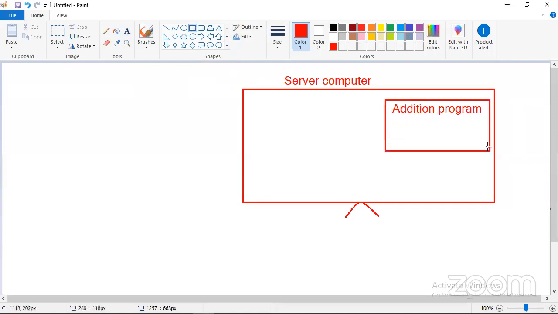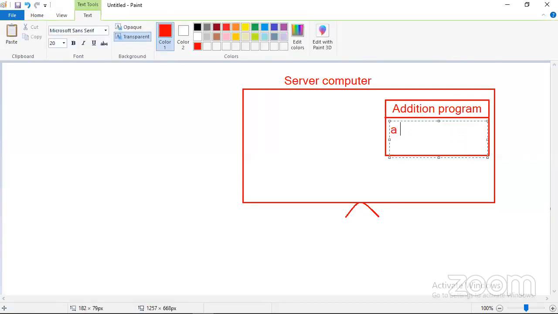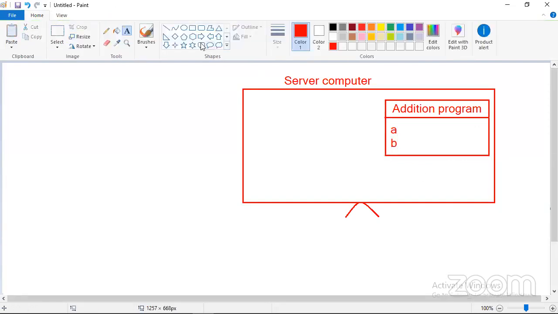To add, this addition program needs two numbers. This addition program requires two inputs, right? First you understand the basics, then you'll go for big projects. It requires two inputs, an a variable and a b variable. These a and b variables are required for executing its logic, and then finally it will generate a result and store it in another variable, let's say the c variable. So what is a variable? A variable is nothing but a place where we can store a value, nothing more. It's technically called a variable.